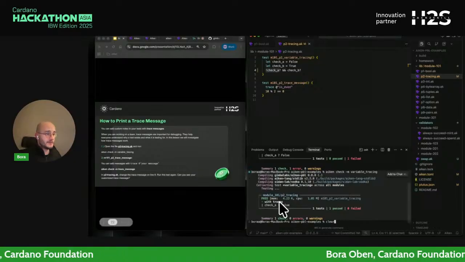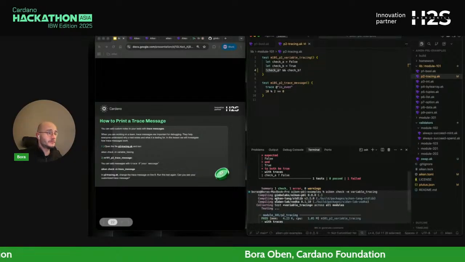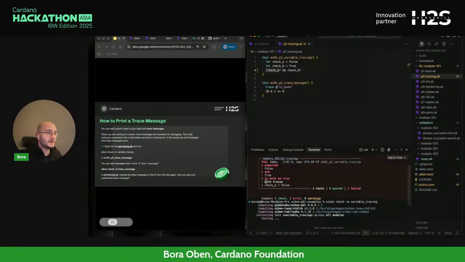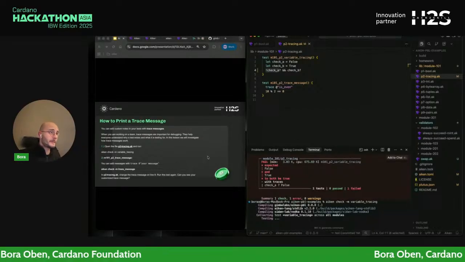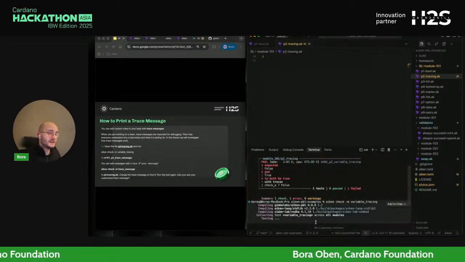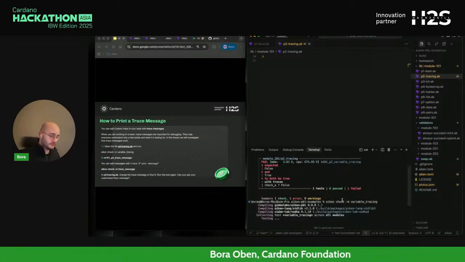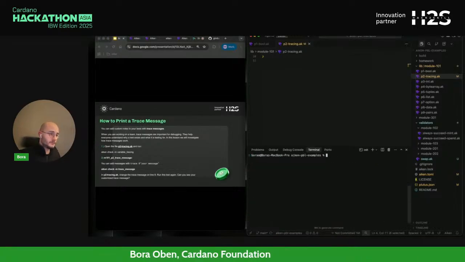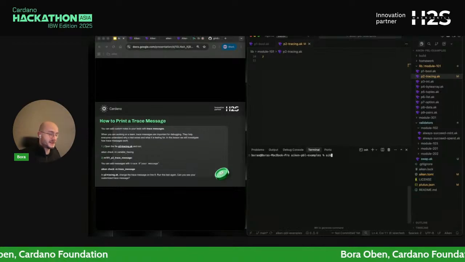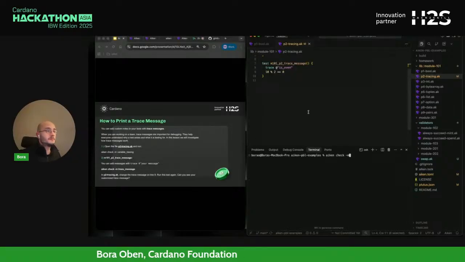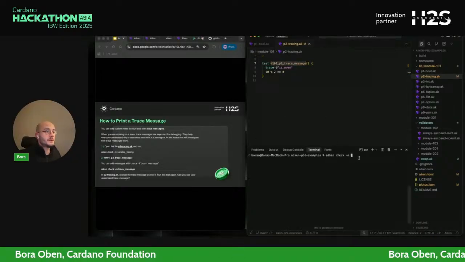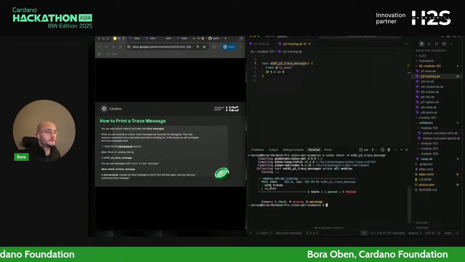And we got to see, yes, this is what I wanted to show here: the trace itself in the second test. Let's see what kind of report we get back from Aiken check if there's a trace in the test.